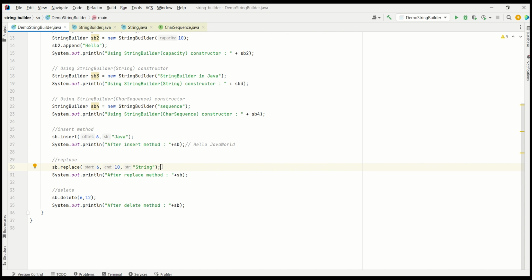Then I want to replace Java with string so that we will get "hello string world" as output. For this, I use the replace method with the start index and the end index values that specify what and where characters need to be replaced. As the indexes are all 0 based, again with counting I specified start index as 6 and end index as 10